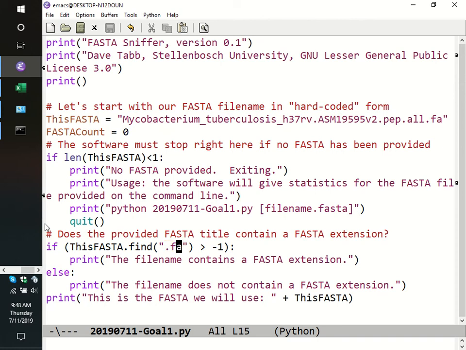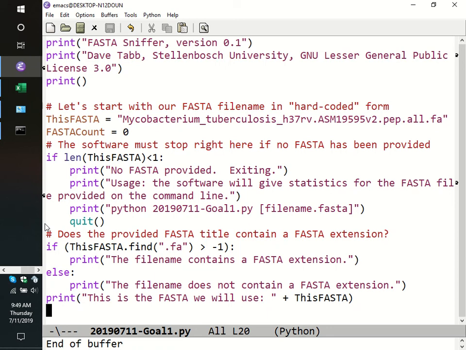So by looking for that, I'm covering all 3 of those cases, and hopefully they didn't put it in capital letters, because I think that would still cause this to die. So it's not airtight, but it's a starting point. Okay, so I will then report this file name does contain a FASTA extension, or the file name does not contain a FASTA extension, and it reports that name to the user and dies. That's the end of the code. So for day 1, we have not covered all the functionality in this code. We've just done a brief little snippet of its functionality,